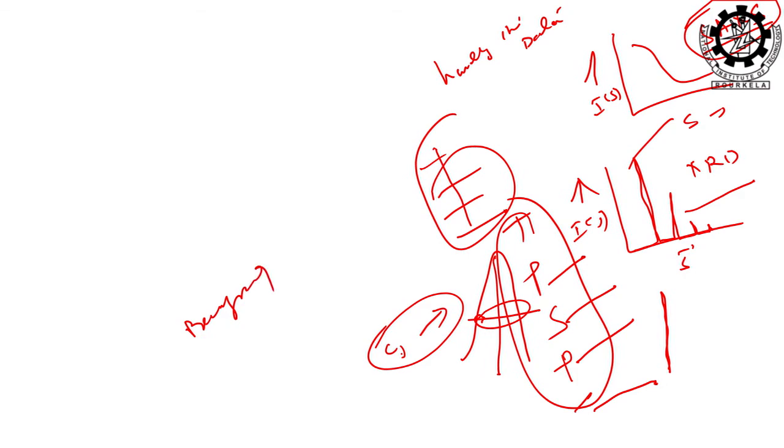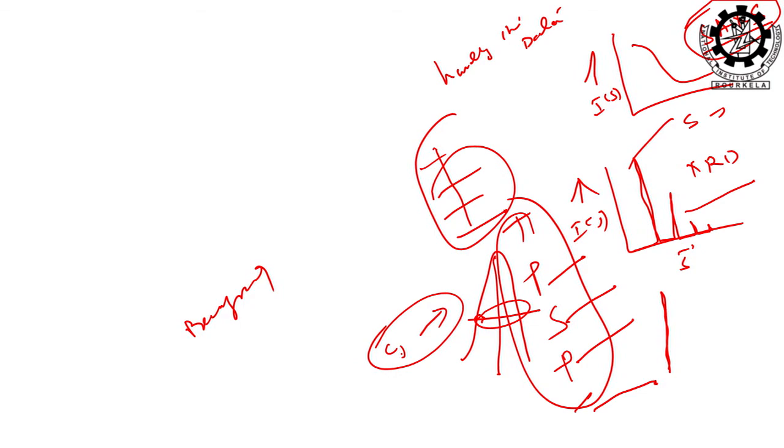Collecting the instrumentation data is not true data of the sample, right. May it be small angle, may it be wide angle, they are not the real data corresponding to your sample. There is some background, liquid scattering, unnecessary scattering that comes into the picture, and it has to be deducted out from the intensity data collected experimentally. That is called background correction.